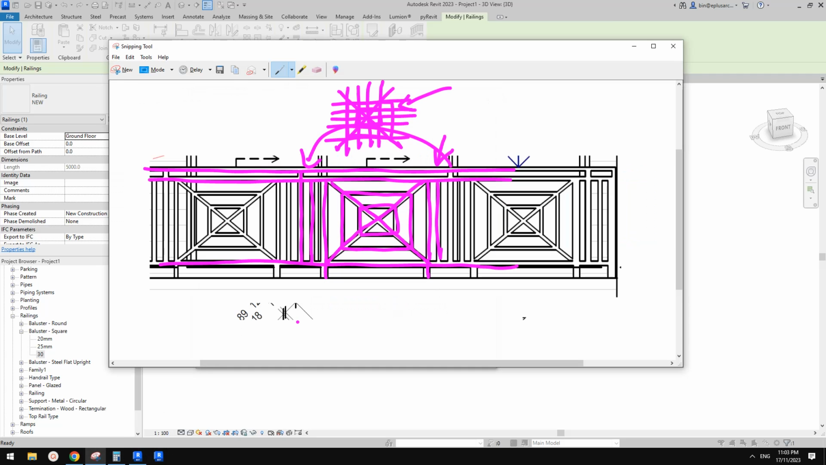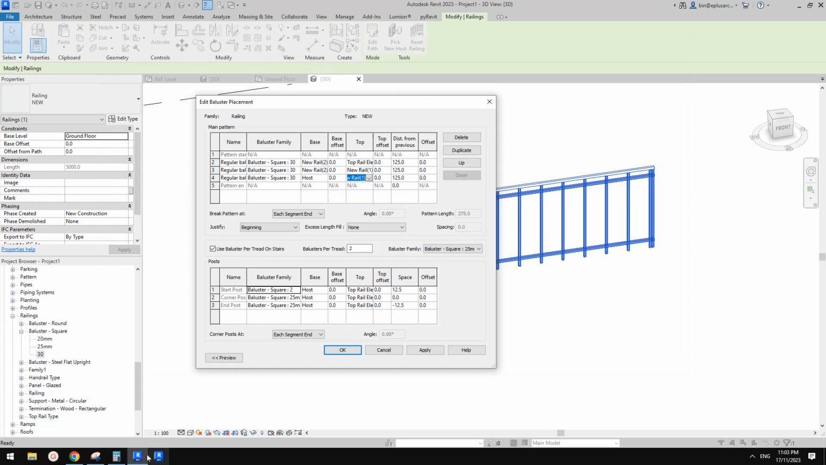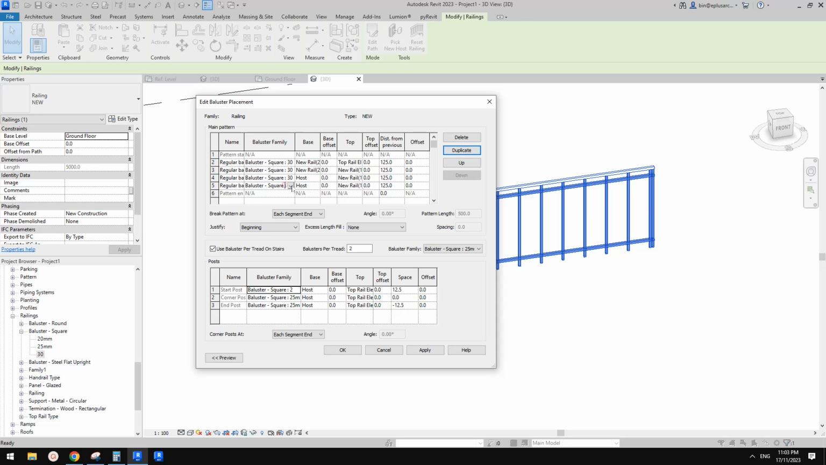So the next one is this panel. So imagine this is like 600, right? So the middle, the center of this one, this is the distance from previous, so which is half of this panel, so 300. So we just need to select this one, duplicate, and then change this one to the panel, so which is,